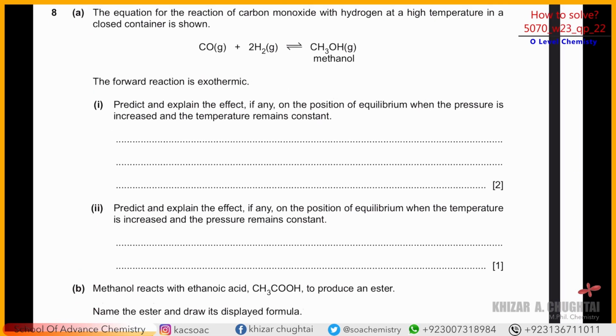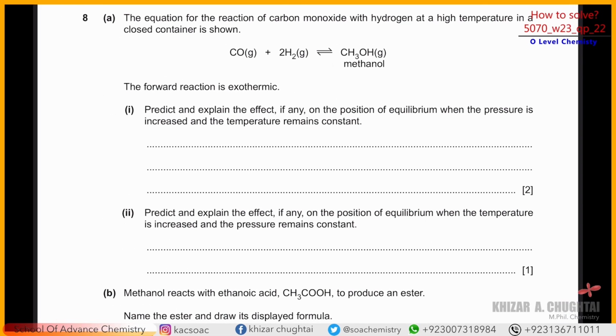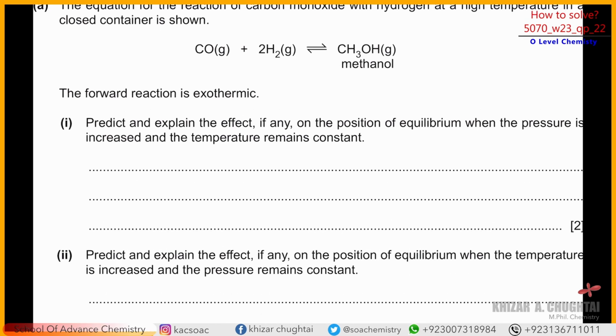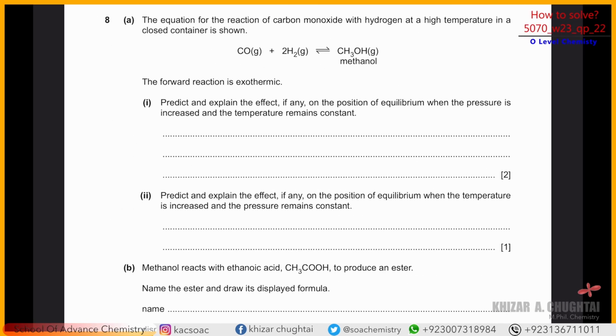Come towards question number 8. The equation for the reaction of carbon monoxide with hydrogen at high temperature in a closed container is shown over here. Carbon monoxide is going to react with H2 to make methanol, and this is again a reversible reaction. The forward reaction is exothermic. Predict and explain the effect, if any, on the position of equilibrium